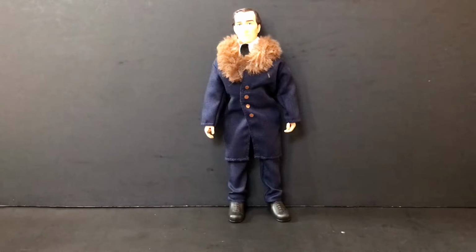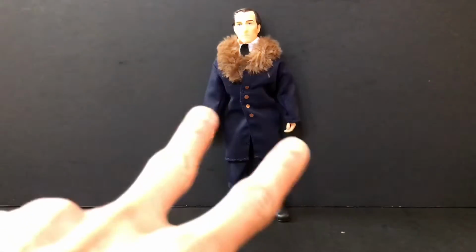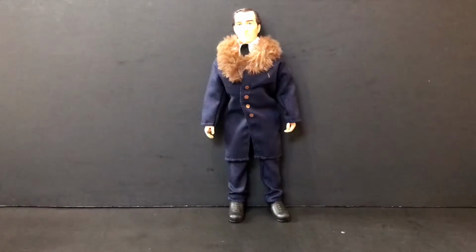Today I'll be taking a look at the MEGO Corp Hammer Van Helsing, Mr. Peter Cushing himself. Good old Grand Moff Tarkin. No, he doesn't get choked out in these movies, but at the same time, it's kind of interesting that I have two, count 'em, two Peter Cushings in the collection now. It's also funny, I also have two,